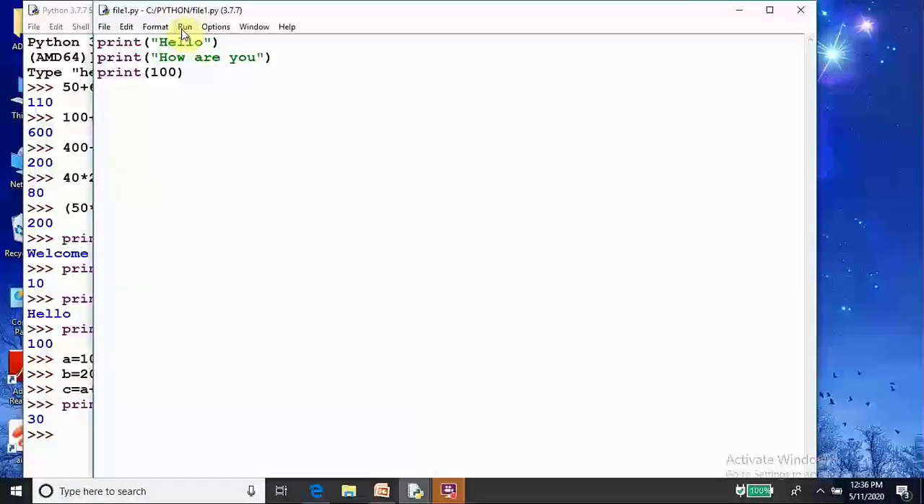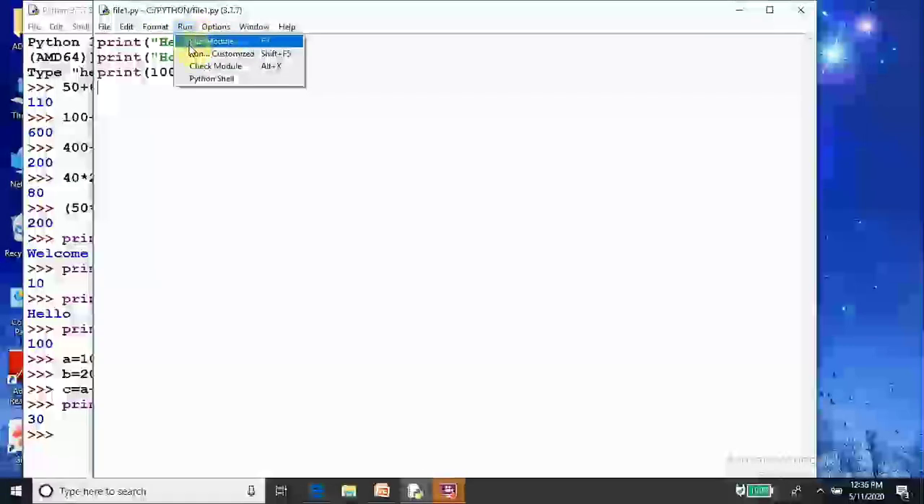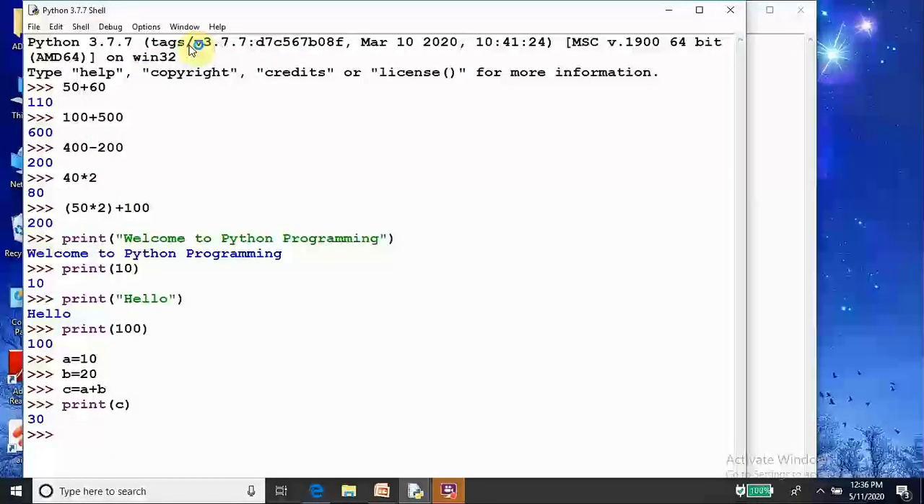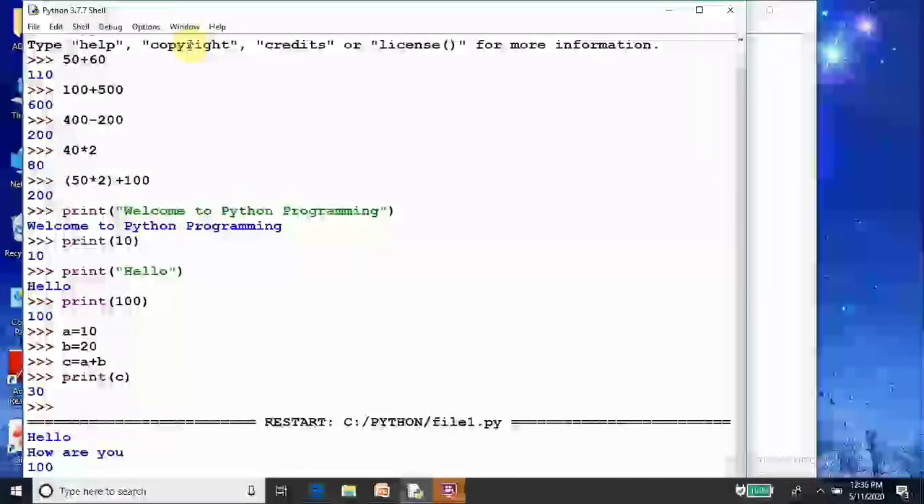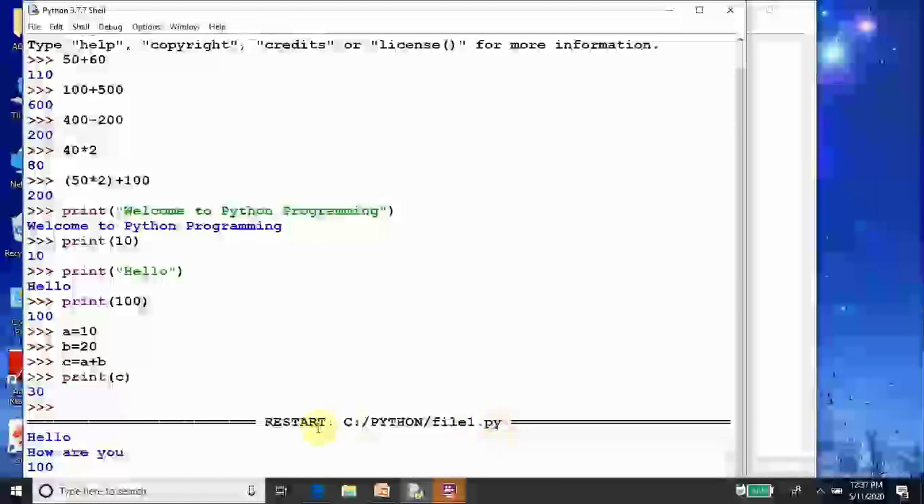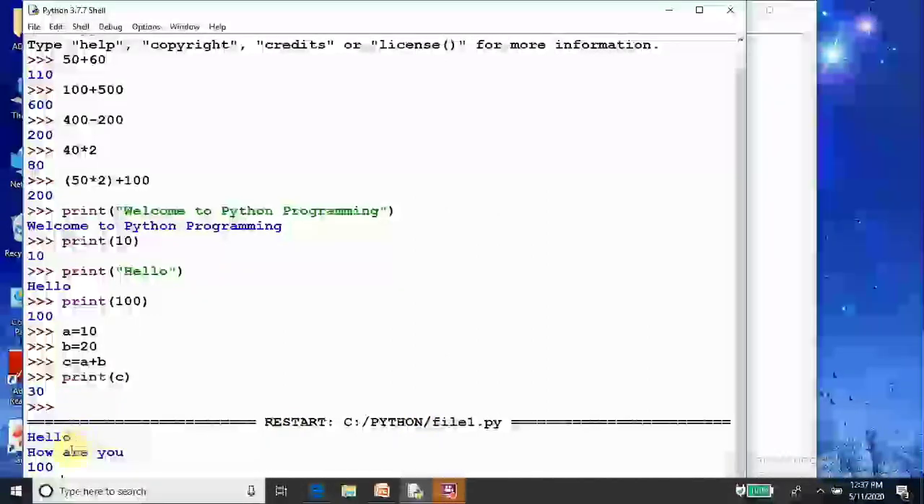Now run the file. Run. This is the run option, and in this option this is the command run module to execute your program. So run. See, this is the output of file1.py, which is saved in the Python folder. Hello, how are you? And 100. Okay. Now